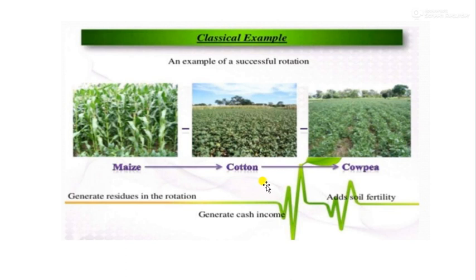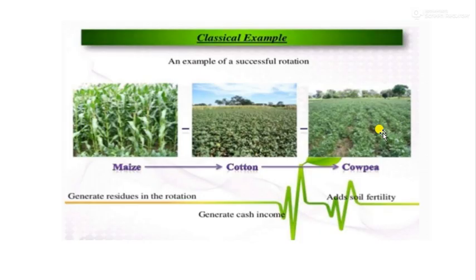followed by cotton followed by cowpea. Maize and cotton generate residues in the rotation, and also generate cash income. And cowpea improves the soil fertility. That is, whatever nutrients are taken up or removed by the maize and cotton will be regained, especially nitrogen, through the cowpea as a rotation,